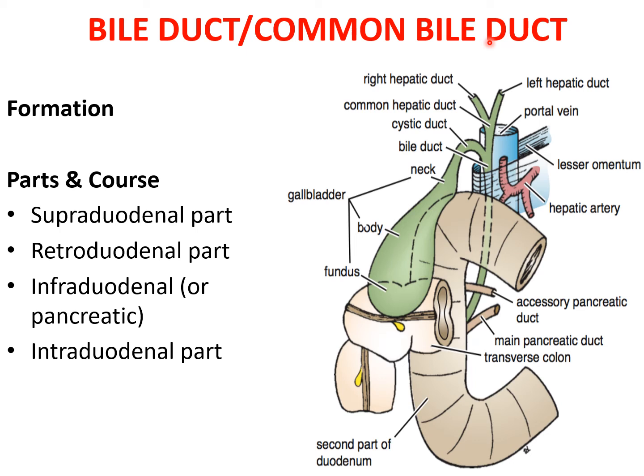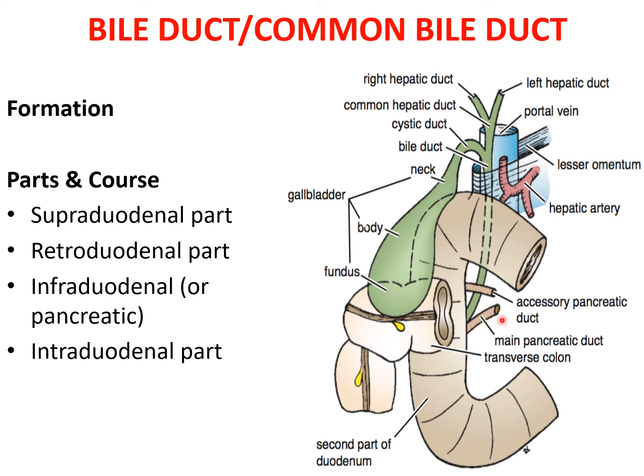So, what is the course of this bile duct? The bile duct runs downward and backward. How? First in the free margin of the lesser omentum. And which part is this which is running in the free margin of the lesser omentum? The supraduodenal part. Then you can see it runs behind the first part of the duodenum, and this part will be the retroduodenal part. Lastly, it runs behind or embedded in the head of the pancreas, and this part is the infraduodenal part. Then near the middle of the second part of the duodenum, it comes in close contact with